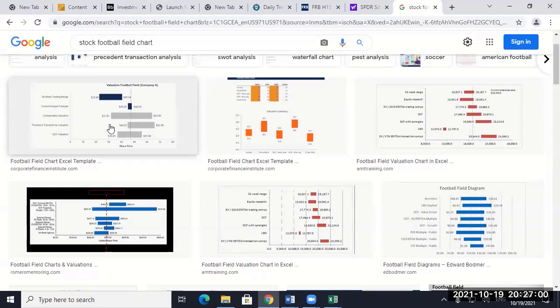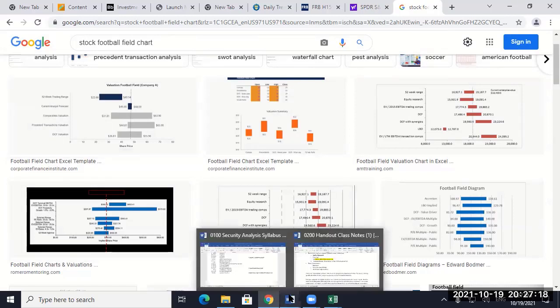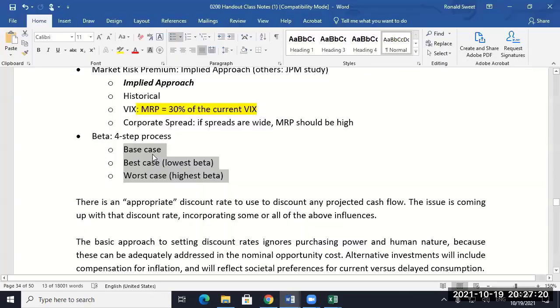All right. So how many of y'all have done a football chart before? Anybody in here? But y'all have seen them before, so they are coming around. So it's one thing you want to get into your paper: whatever the current trend is, get it in there so you're current. Well, maybe it'd be out of date by the time you finish your paper, but it'll probably still be around. So we are going to run scenarios on beta and on growth. Those are the two things you're going to vary.